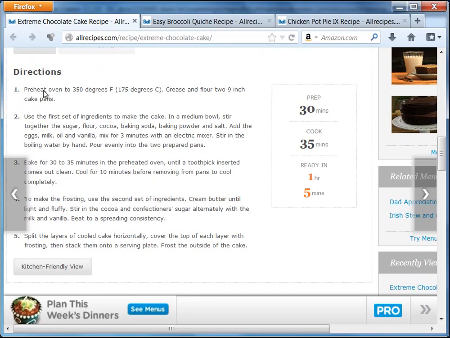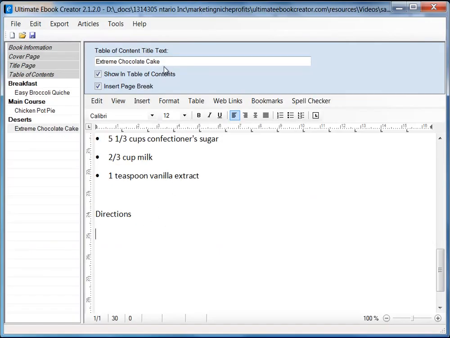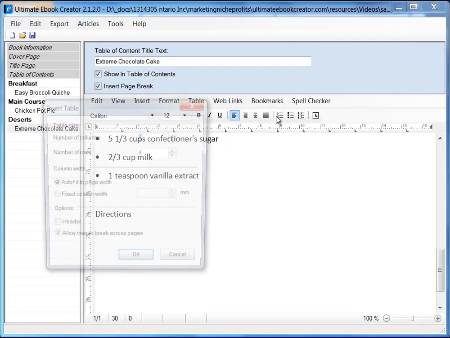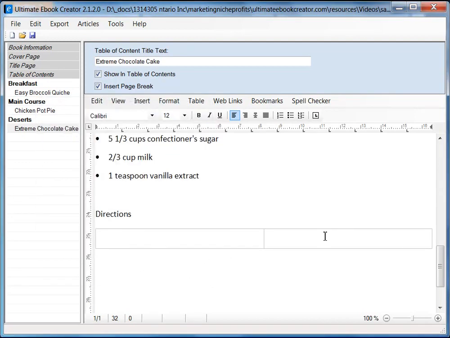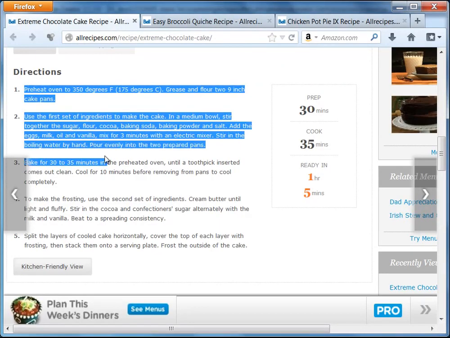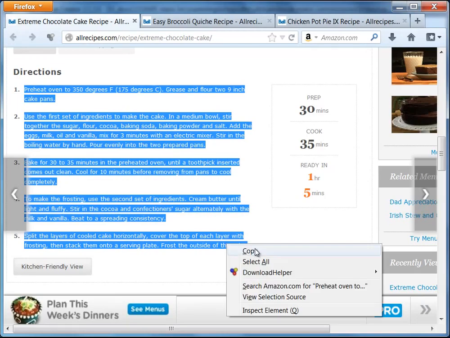So once again what I'm going to do is create a table with 2 columns, and then within that second column I'm going to create another table. So this is a complex table in table scenario, which will be really cool to see. Okay, so here we go. We're going to create a table with 2 columns and 1 row, right? Alright, and in here what I'm going to do is just copy this,